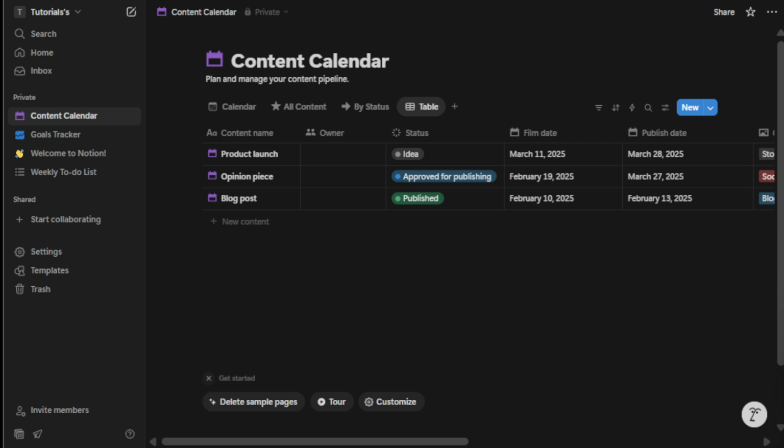So there you have it. With these steps, you've successfully built a functional content calendar in Notion. By staying